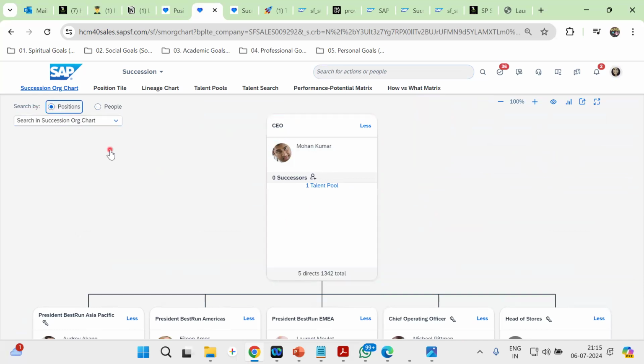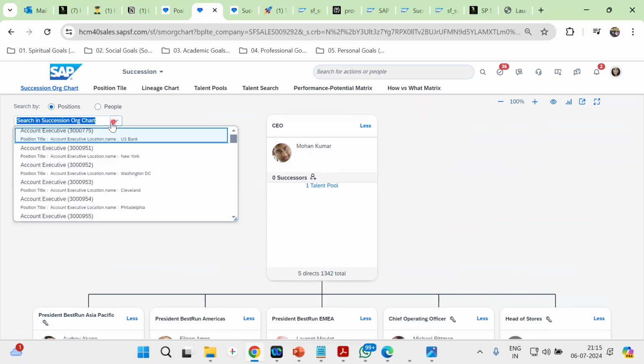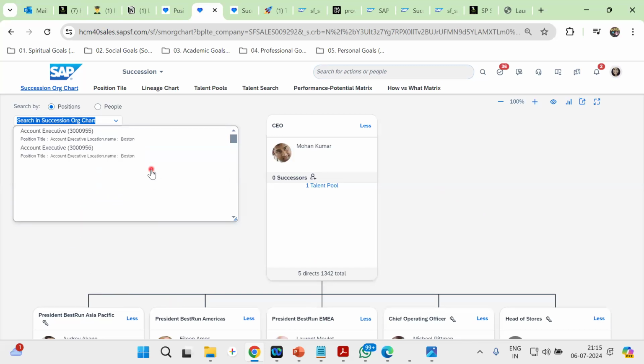If you're doing it position-wise, how will you do that? You have to do it from here. For any random position, this is where I have seen it from a people point of view. But if I want a random one, I will pick a random